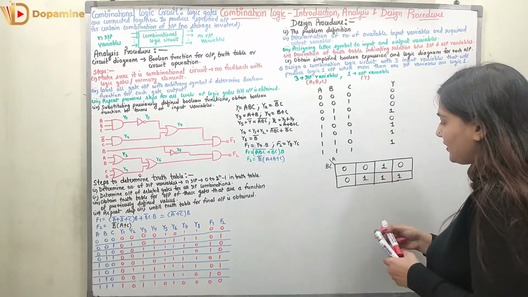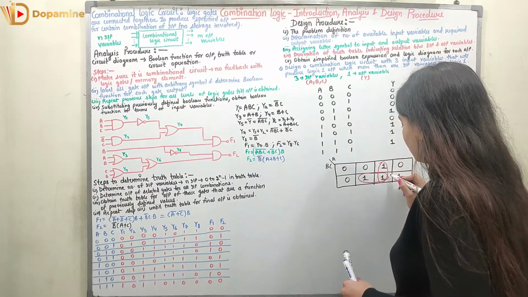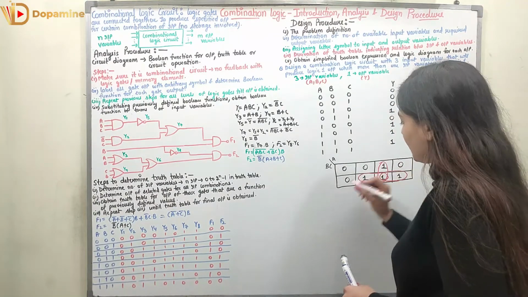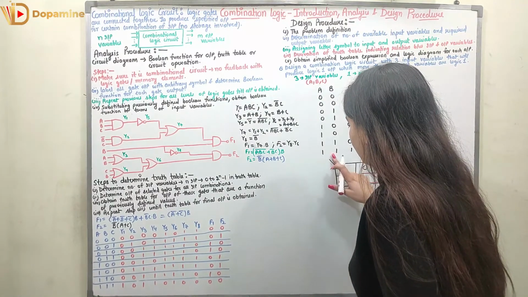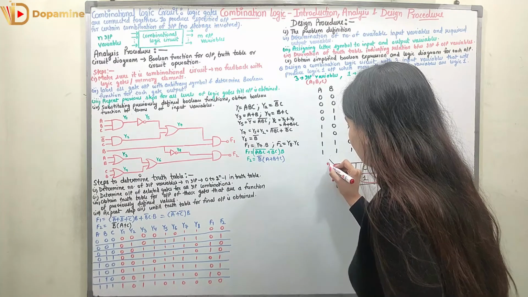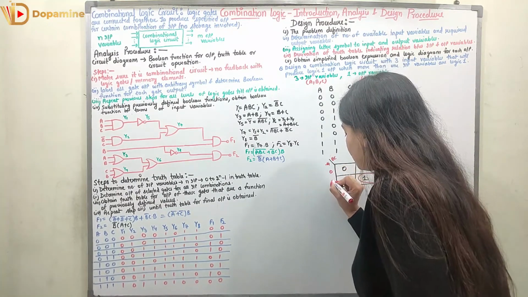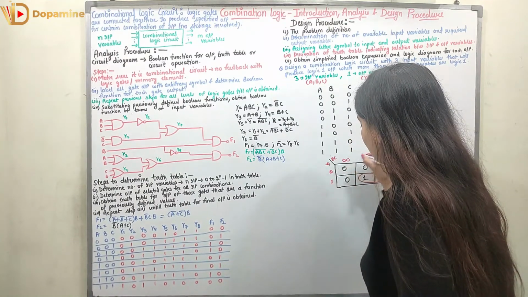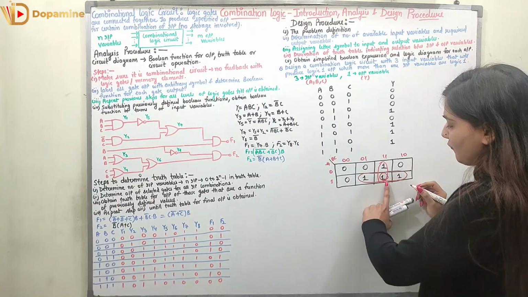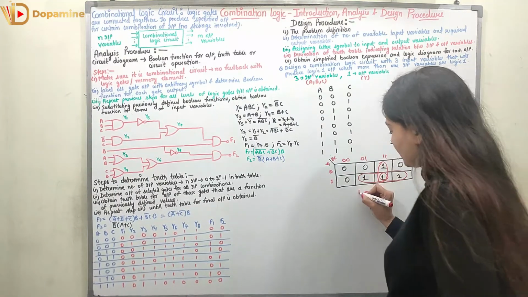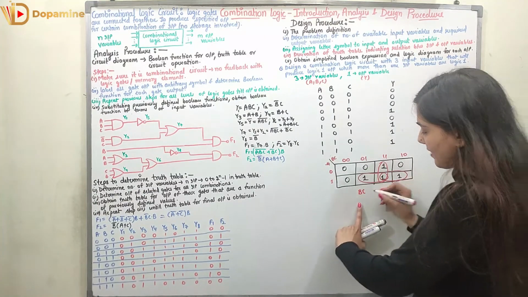Now I will make the pairing. Over here we will be having pairing like this, the pairing like this and the pairing like this, right. So we will be having 3 pairs. So over here we will be having A and here we will be having BC. So A is 0, 1, BC is 00, 01, 11, 10. So now here for this pairing, B and C are the implicants, right. Over here B and C are the prime implicants.